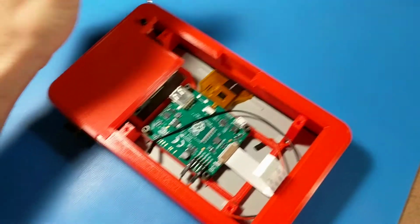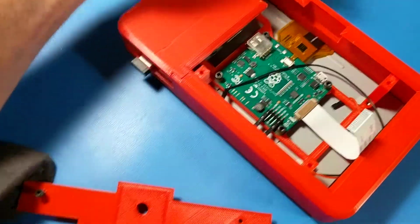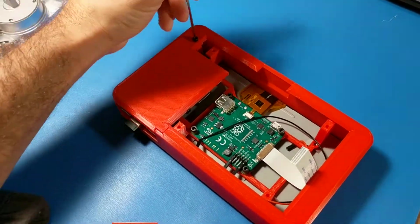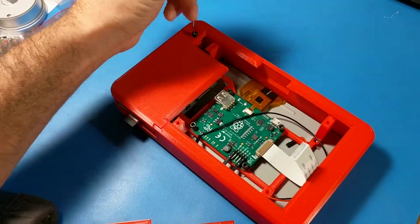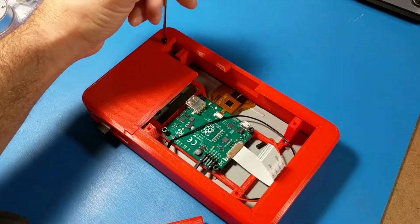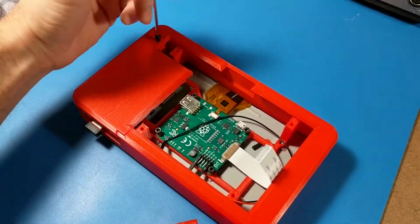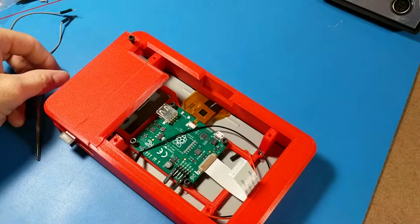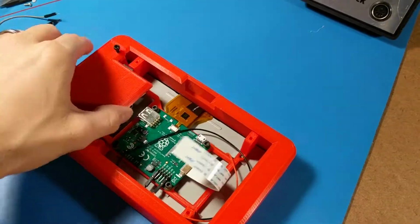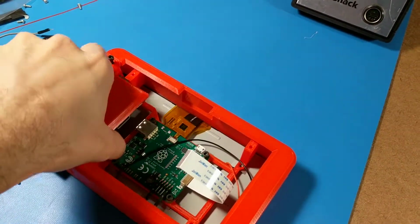Now, one of the things that I'm not a huge fan of in this design, and I guess for some people it would be a deal breaker, is that it would require getting an additional flex connector. You'd actually need two flex connectors for the Raspberry Pi camera and the display. As you can see, the display cable really won't reach to the back part of the Raspberry Pi where the display port is. So if we take this out,